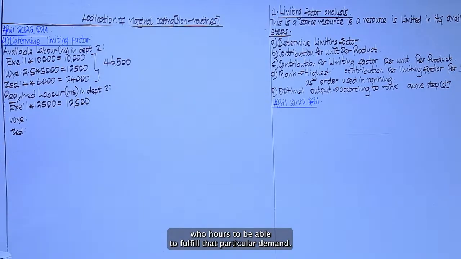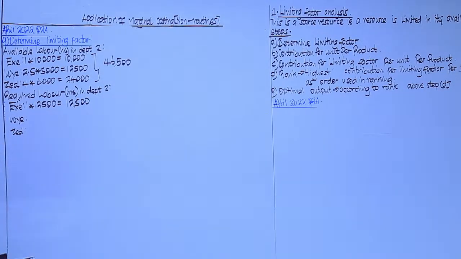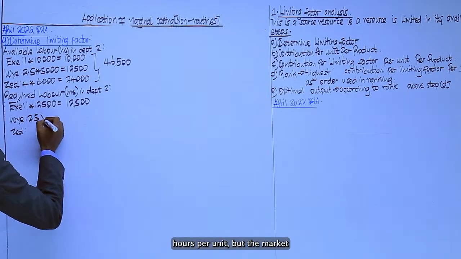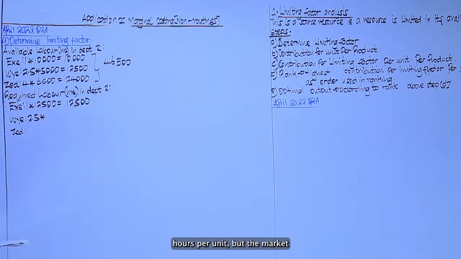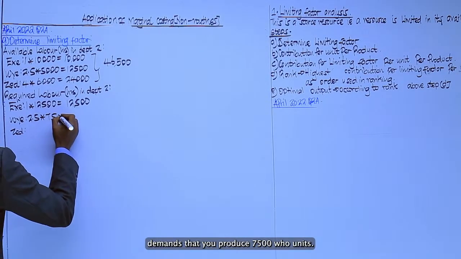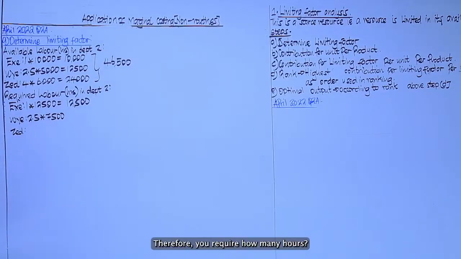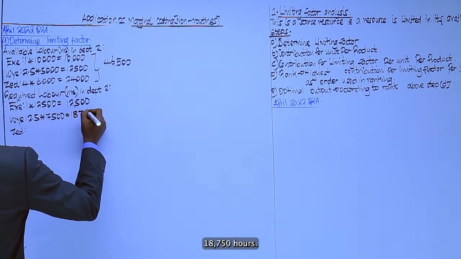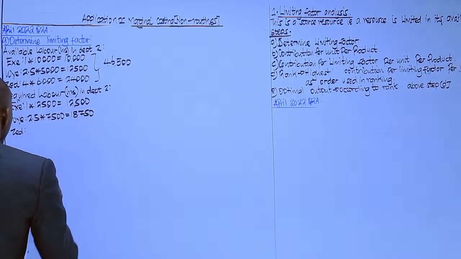hours to be able to fulfill that particular demand. Why? You have 2.5 hours per unit, but the market demands that you produce 7,500 units. Therefore, you require how many hours? You require 18,750 hours. Then Z,